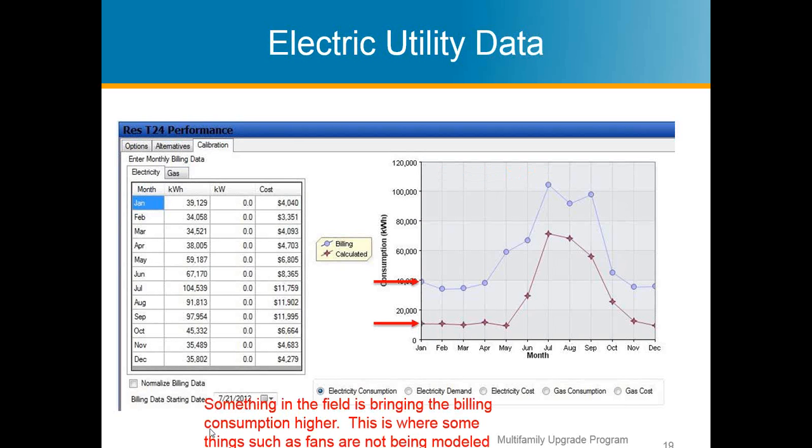That's where this is showing something in the field is bringing this billing consumption higher. This is where some of the things such as fans are not being modeled accurately within the software. So there's certain things in the building, and I'm going to talk about fans because we're talking fan energy here in a minute,